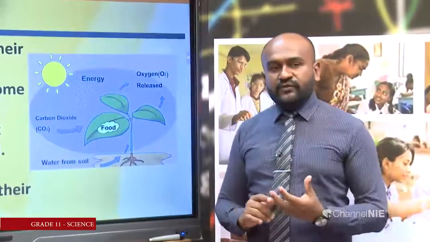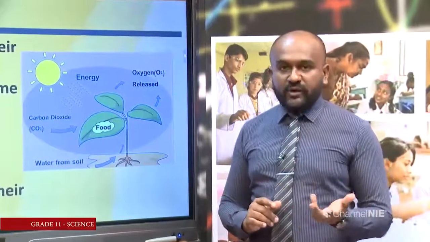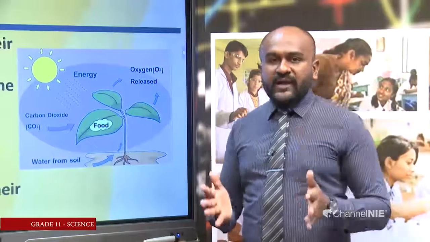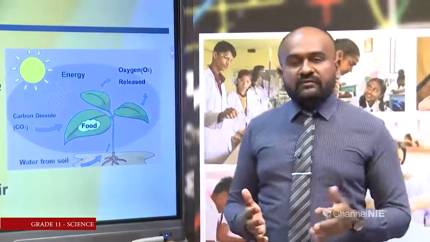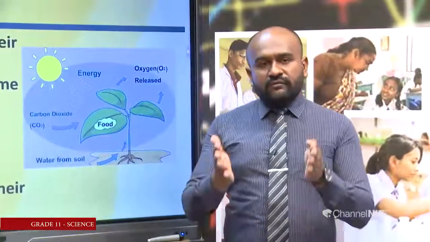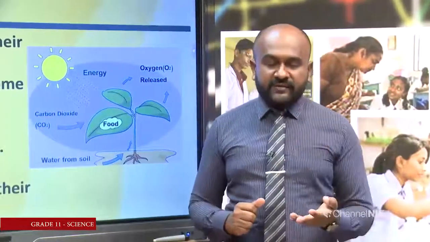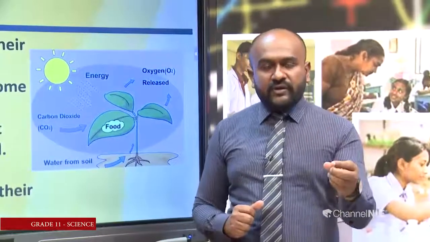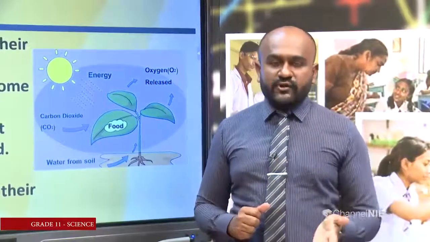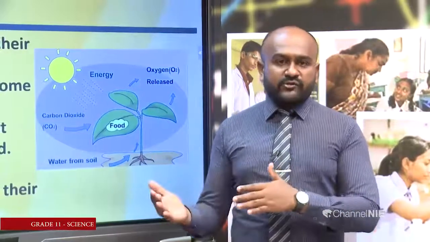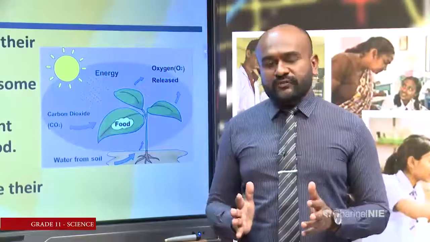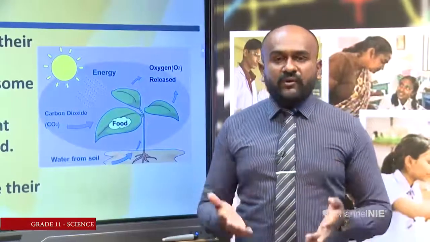What do they make in photosynthesis? They make glucose, you all know this. So, that is the nature of autotrophs. If you get green plants, they are photoautotrophs. Why do we call them photoautotrophs? Photo means light. As these green plants use light energy to produce food, we call them photoautotrophs. Meanwhile, there are chemoautotrophs like some bacteria. They use chemical energy to produce food, so you call them chemoautotrophs.